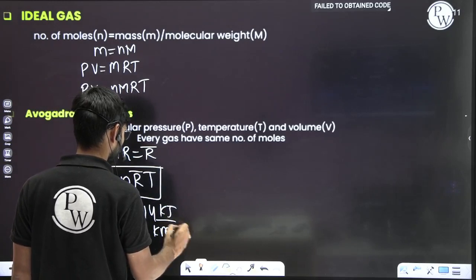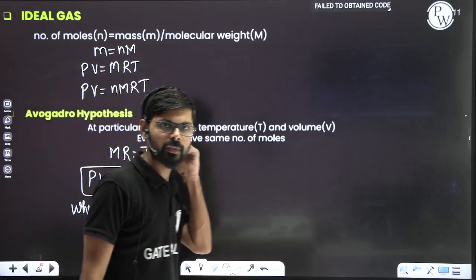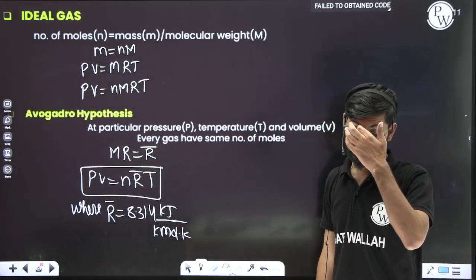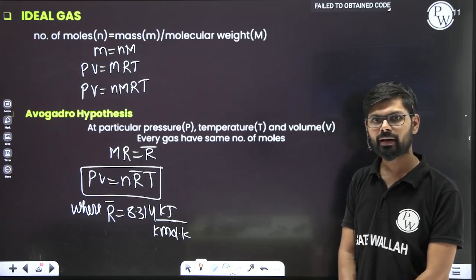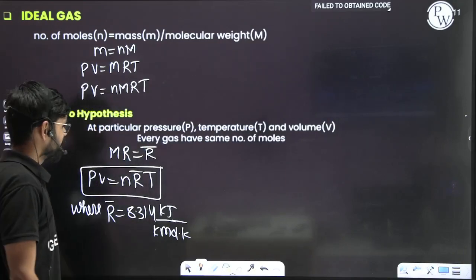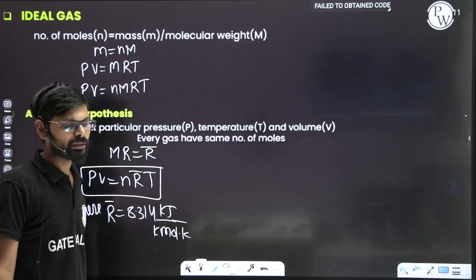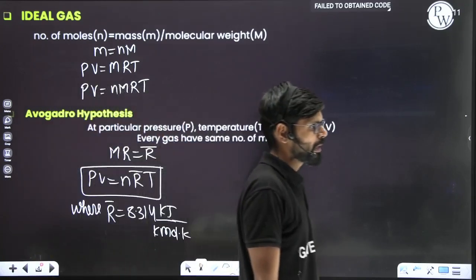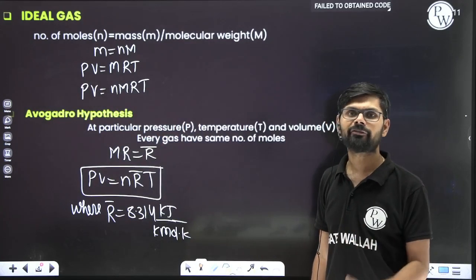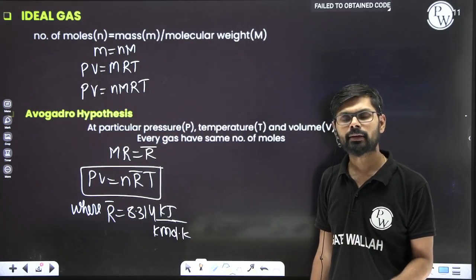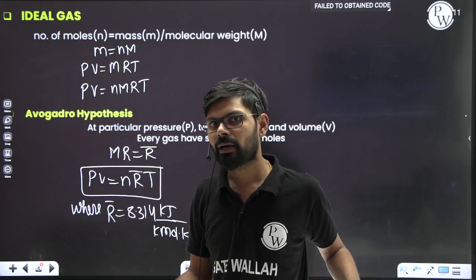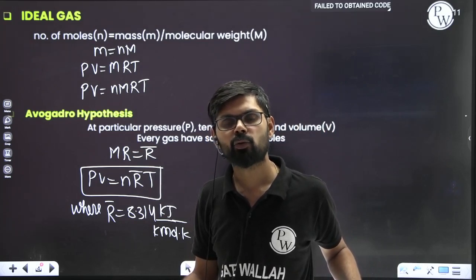One question was asked earlier, a very basic question, in which you needed to calculate the value of mass. To calculate the value of mass, we need to use PV is equal to mRT. But the problem is some of the students left that question. They simply came to me and said, sir, the question was wrong. I said why? Because sir, we need to use PV is equal to mRT to calculate m, but unfortunately the R value was not given.